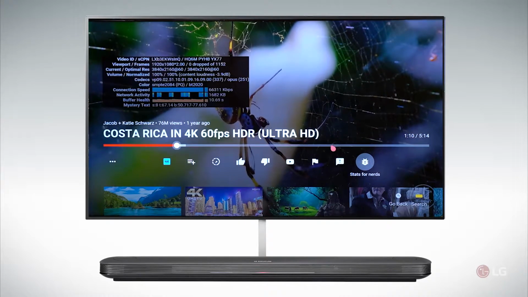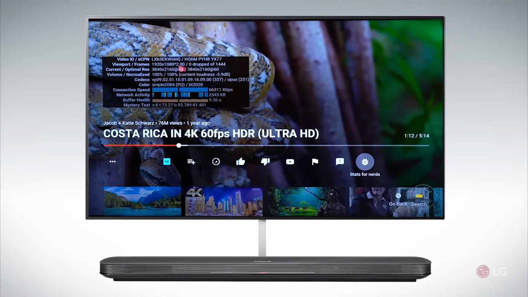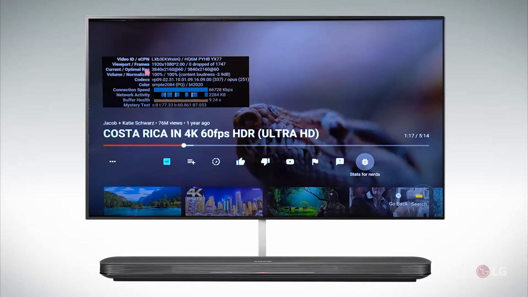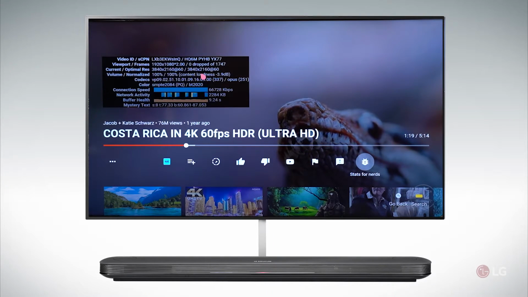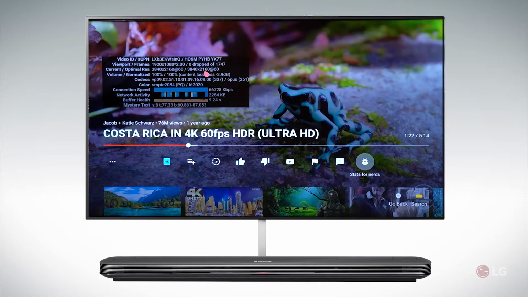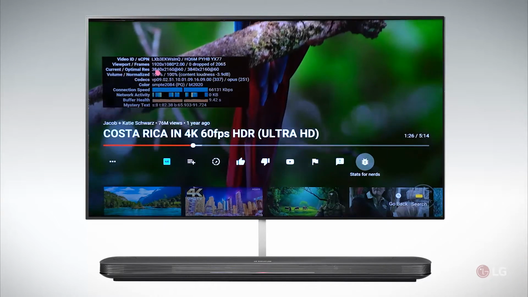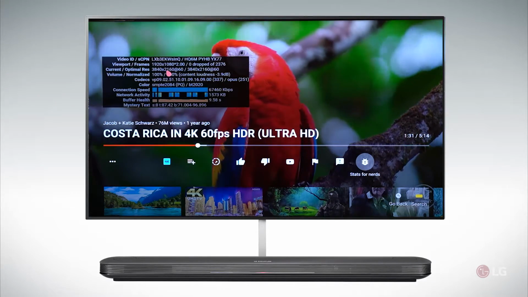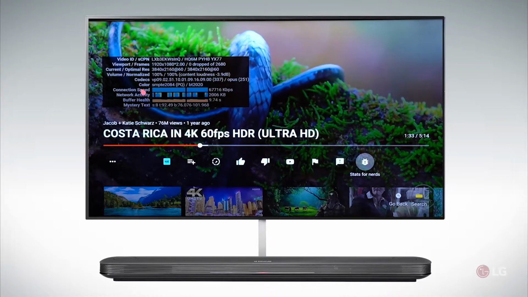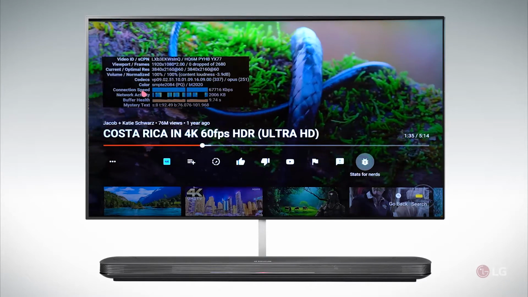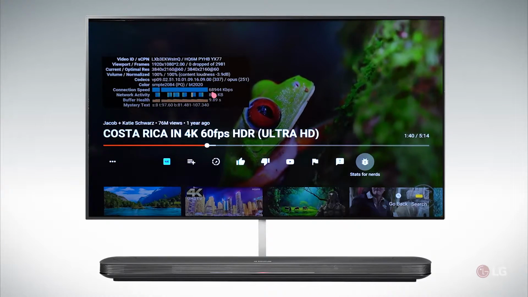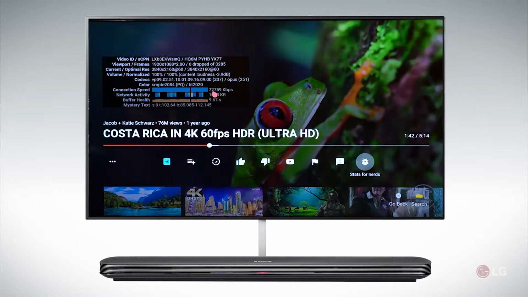Now let's analyze this. Notice on the left, third line down, it says current and optimal. Optimal resolution is the maximum resolution that the YouTube server is delivering to the TV. Current resolution is the resolution the TV is actually receiving. Down here, the fourth one up from the bottom is your connection speed. The connection speed is extremely critical because this 68 meg